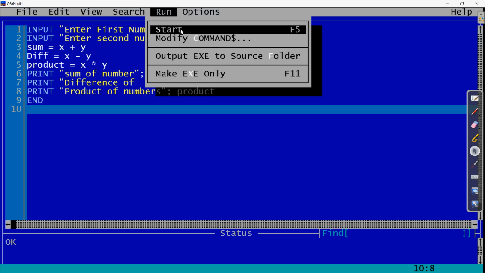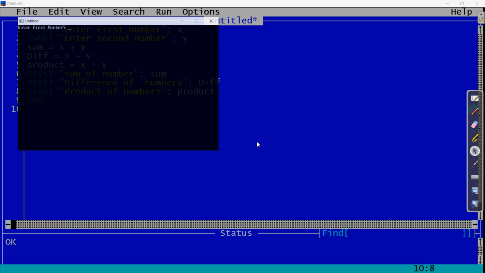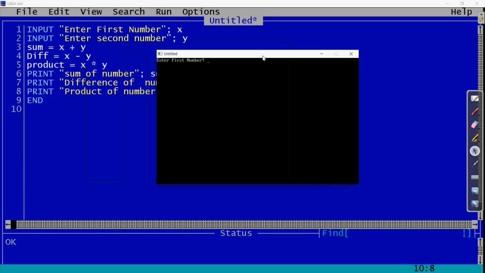So if I go to the run command, click on the start button. It takes few seconds to run the program. So here is the output screen. So first message is enter first number. Okay, so suppose I'm writing, let us give it 6. Clear? Then enter the second number. So if I write 4, clear? So the first number is 6 and the second number is 4. Now press the enter key.